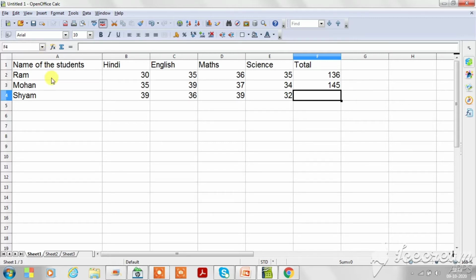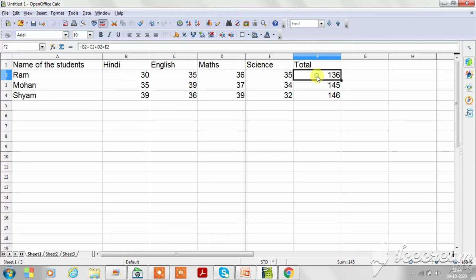Suppose I have 40 students or 45 students or 100 students and I want to add the marks of each and every student by using this formula. So there is no need to go to each and every cell. You can just use the autofill feature, by just clicking on that and dragging it in the same way. So the marks of each and every student will be added automatically. That is known as the autofill feature. Is it clear?